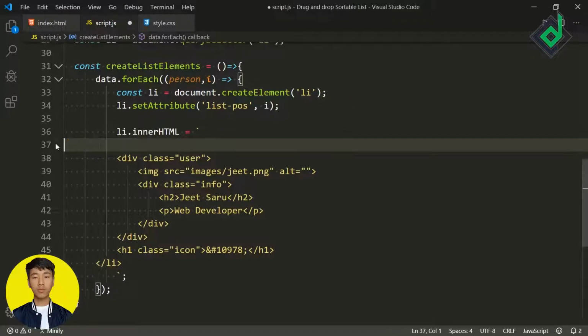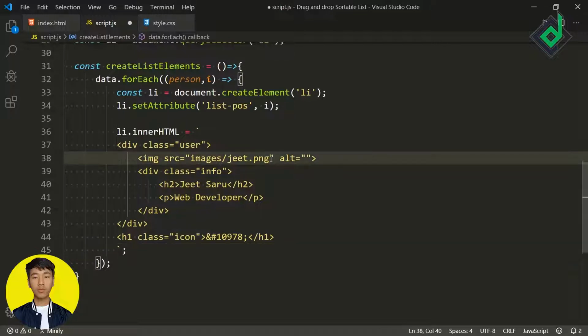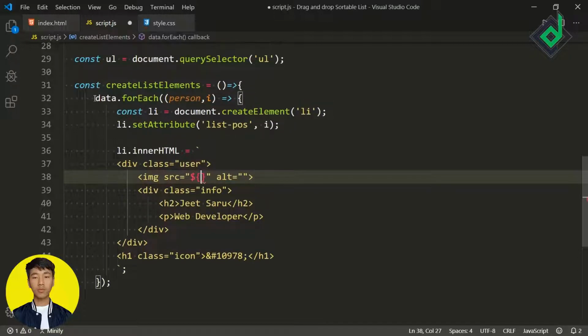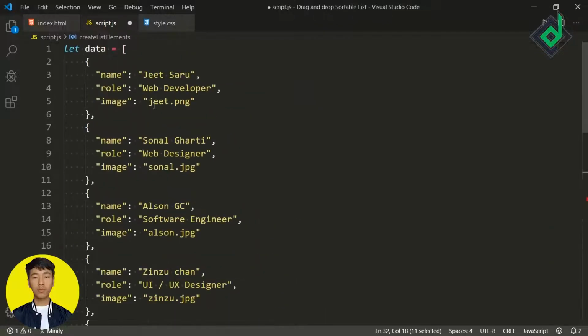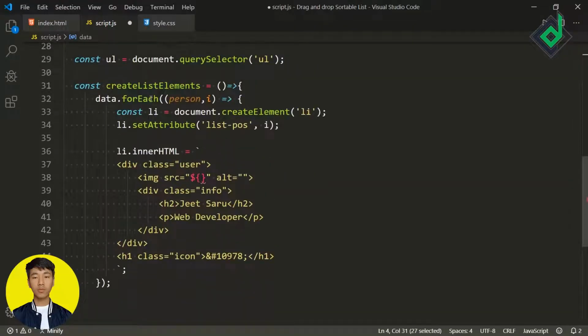You need to remove that li because that li is the list item that we have already created there, as you can see. And now for that image source, instead of giving string value, we will give the image that we have iterated from that data variable, that means the data array. Now what you can do is that you can write there dollar parenthesis, and as you can see we have iterated that array data. So now we can access that different keys of that object.